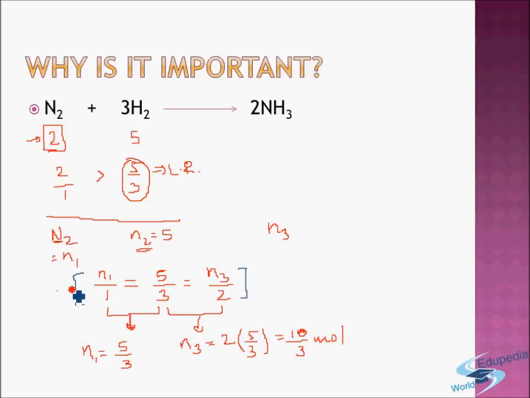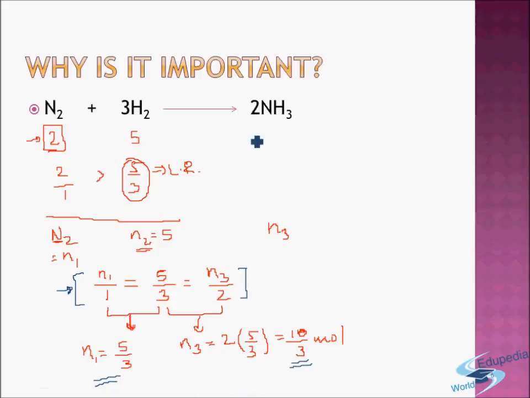So to calculate N1, now we can use this law, because N1 is the quantity which is actually taking part in the reaction. So N1 is the quantity of nitrogen which is going to be consumed in the reaction. So I can take my question to be this N1, 5 and N3, and then calculate the values of N1 and N3. So based on the value of limiting reagent, I have calculated the amount of nitrogen actually consumed and the amount of ammonia actually formed.